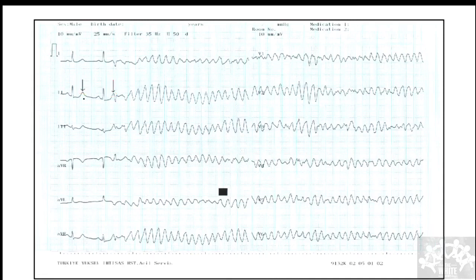Okay, because it causes something called R on T. It is nothing but what I told you. The heart is in the relative refractory period here. So when the heart is in the relative refractory period, if I give a strong cardiac impulse here, that means the heart is easy to generate an arrhythmia. It is a very suitable ground for it to be unstable. So one shot you give some strong impulse and it just starts vibrating like this. So this is called the R on T phenomenon. Clear what is R on T? You understood what is R on T?